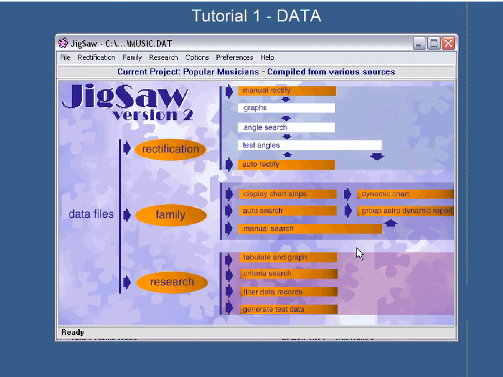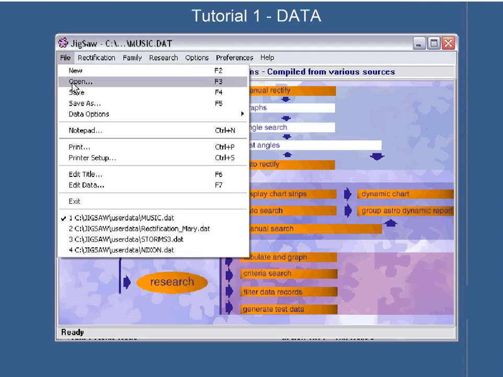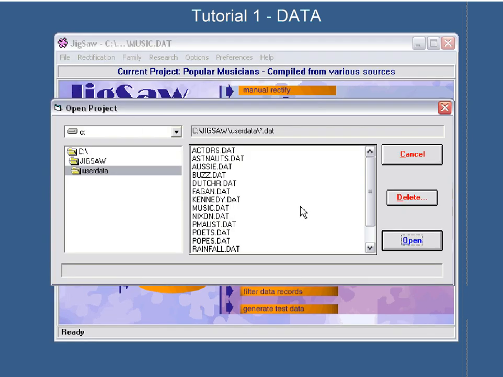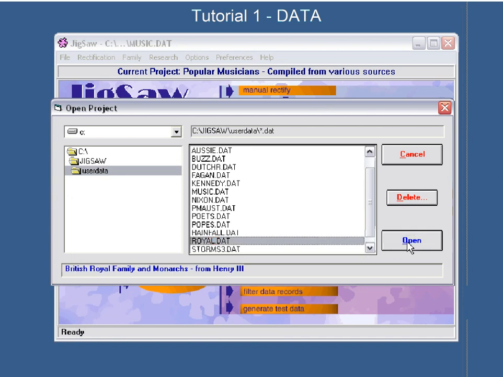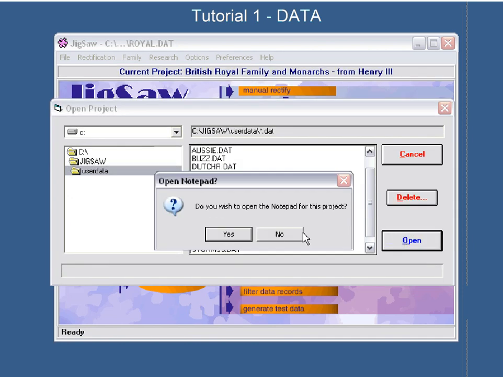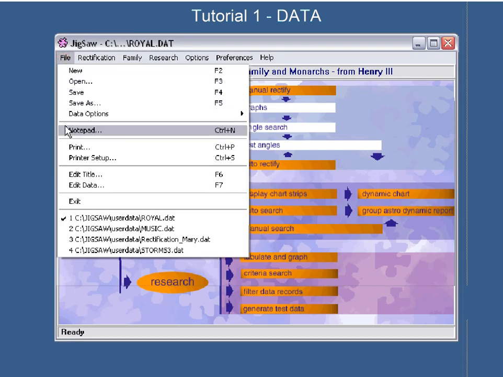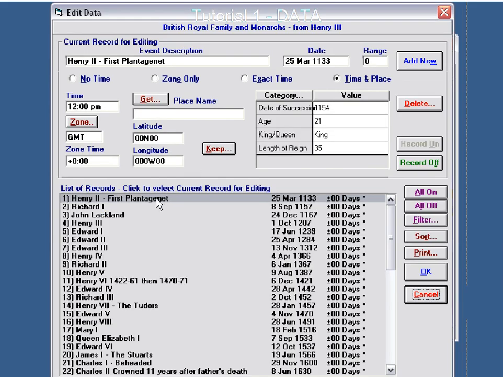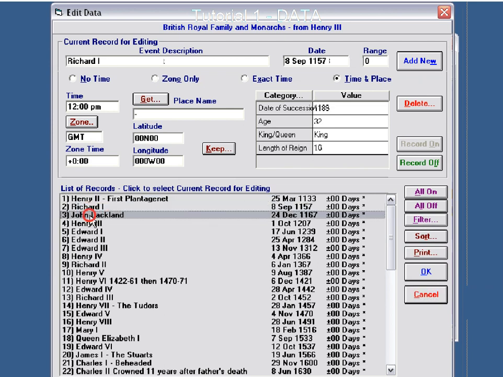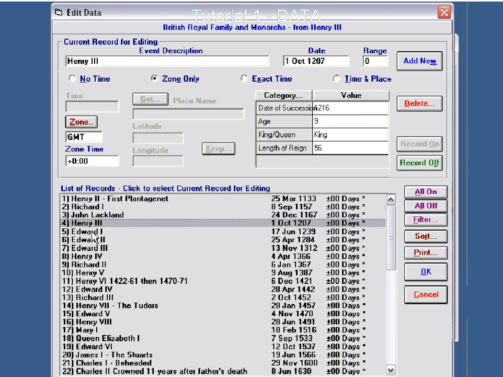Very simple. I want to show you some other things though, so we'll just actually open a few more data files to try and show you some differences. If we go to the Royals, so edit data. Okay, this is all the kings plus the current royal family. So we've got Henry II. But what I want you to notice as I click on each one is that you've now got information here. Henry II, Richard I. Some of this is untimed, some of it is timed.